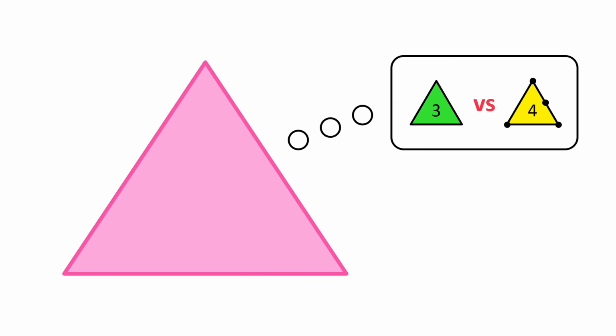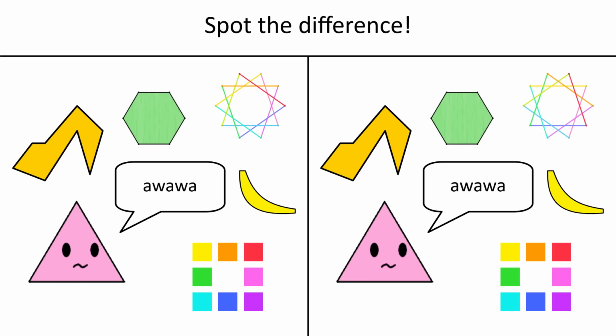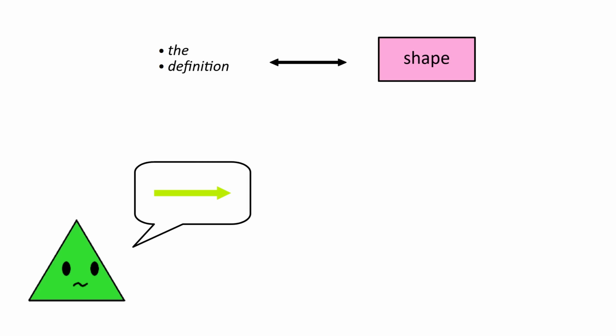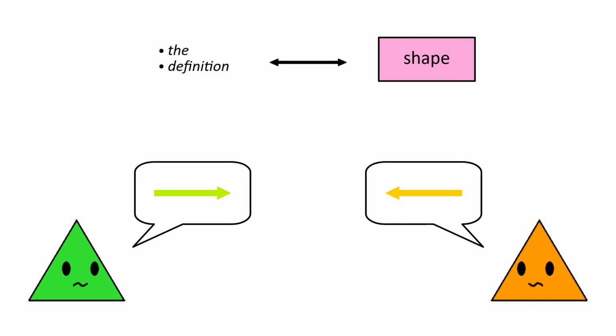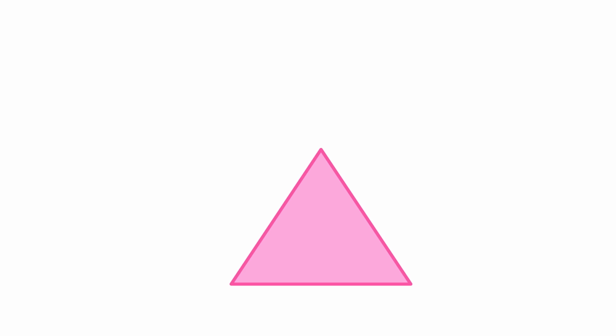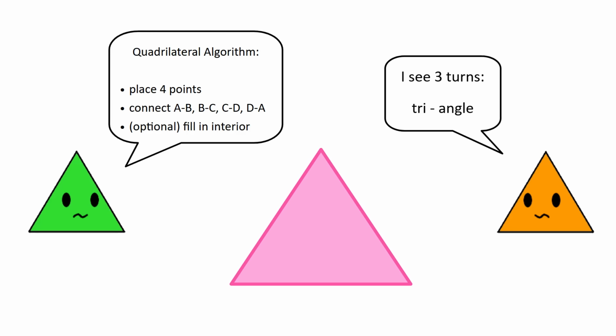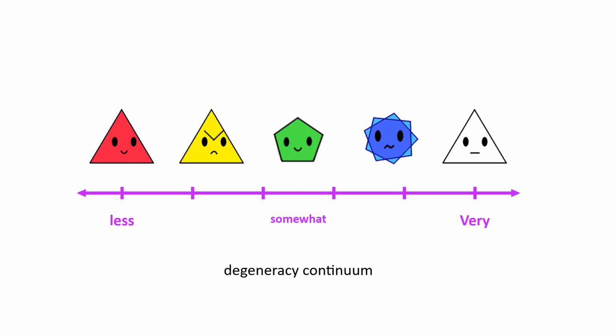This is the essence of degeneracy, indistinguishability. It also hints at a major philosophical question. Is it the definition that builds the shape, or the shape that necessitates a description? Judging by the simple geometry of it, it would be weird to call the shape anything other than a triangle. But if you define things more abstractly, then this is indeed the result of algorithmically building a closed polygonal chain from these 4 points. This is true of all nuances, but degeneracy especially exists on a continuum, and the diagon